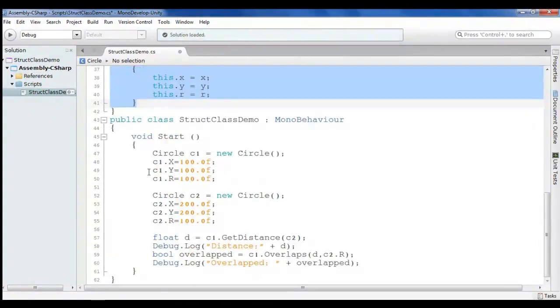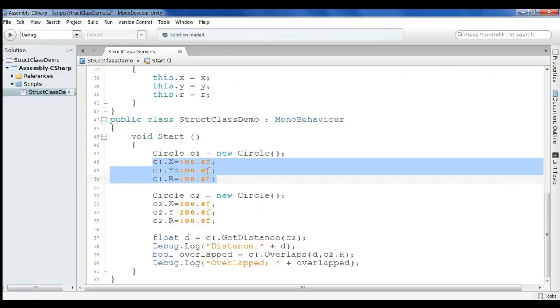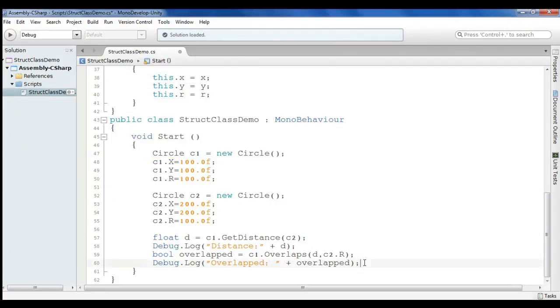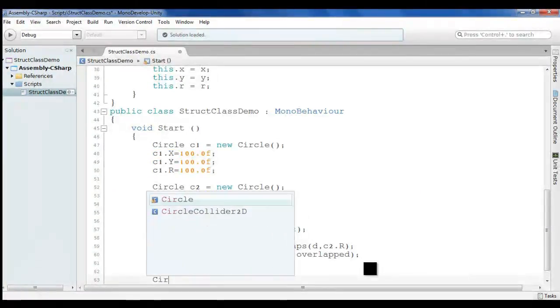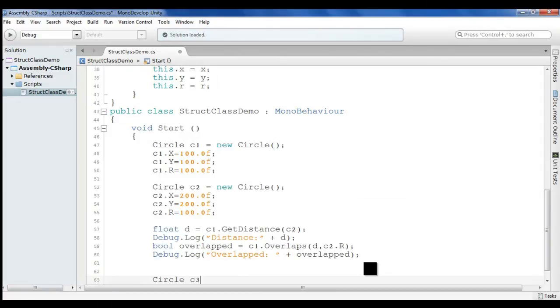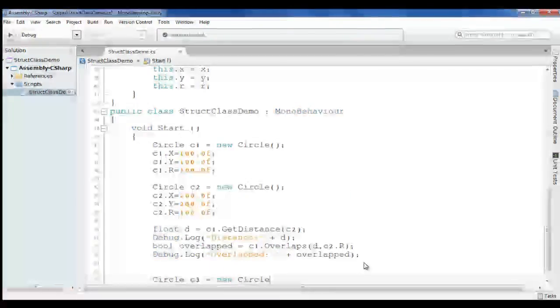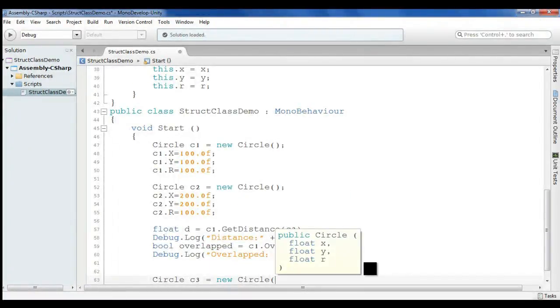If I do not want to use properties, I can directly create another circle somewhere else. Let's say I create another circle. So Circle c3 is equal to new Circle, and I can use the parameterized constructor this time, x, y, r.